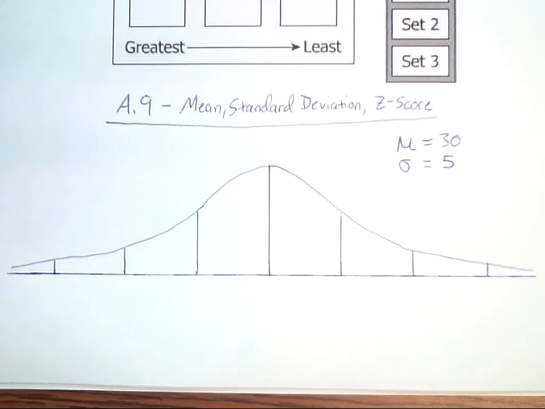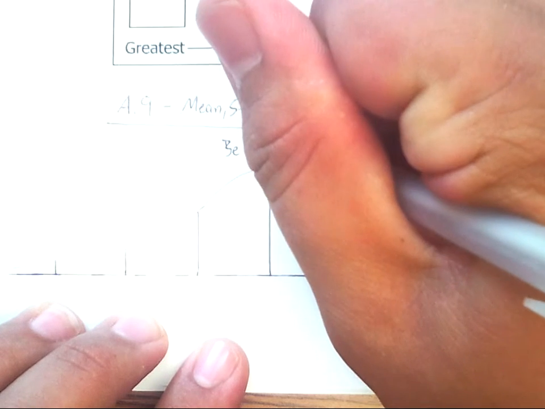Hello and welcome to our SOL review of A.09, mean, standard deviation, and z-score. And if you notice, I have a pretty funny looking thing drawn in front of me, and this is actually called a bell curve. And we're going to get a little more into that first,